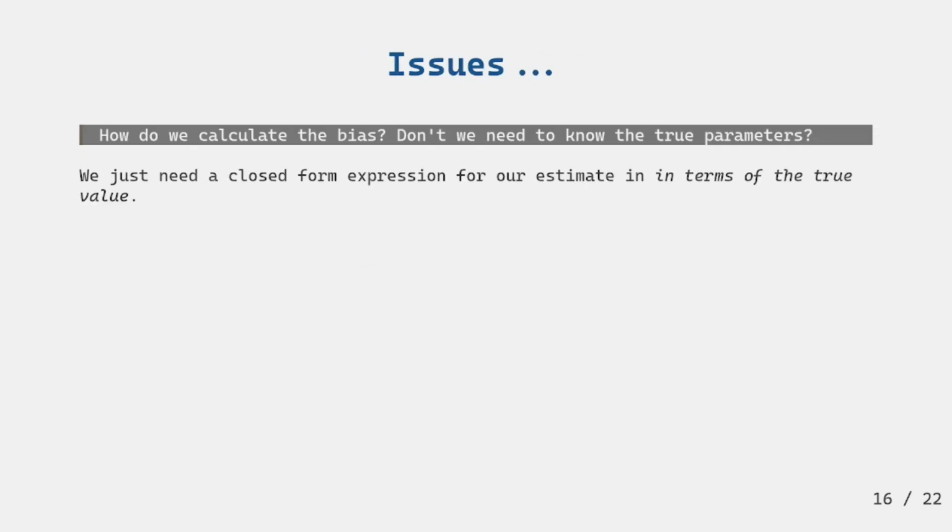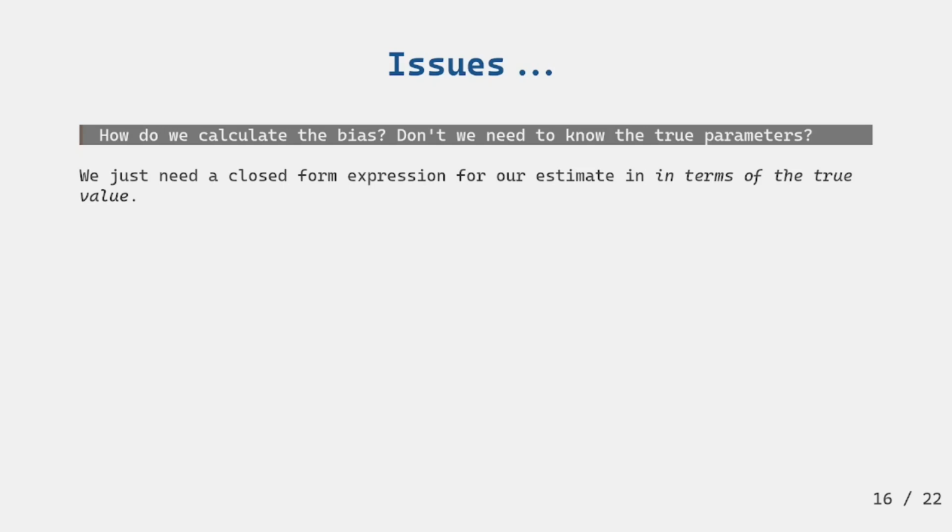But there's a couple issues with the stuff we've been talking about, some questions that you might have if you were very skeptical. One of them is, how do we calculate the bias? We don't actually know the true parameters. We can't calculate the expected value minus true parameters. However, if we have a closed form expression, like a determined way of getting an estimate from the true parameters, so in this case it's like 1 over n times n theta star or whatever,